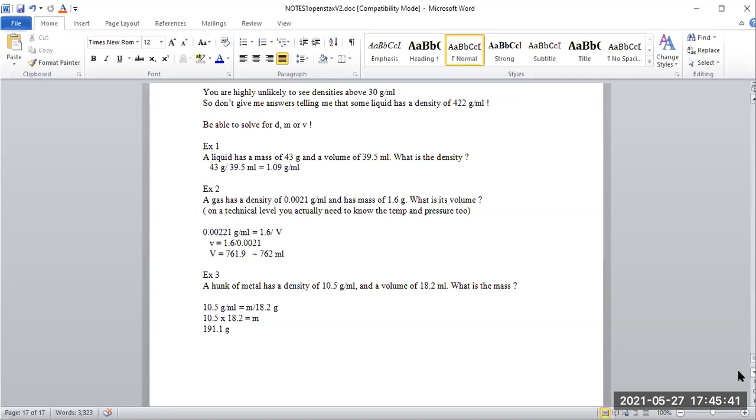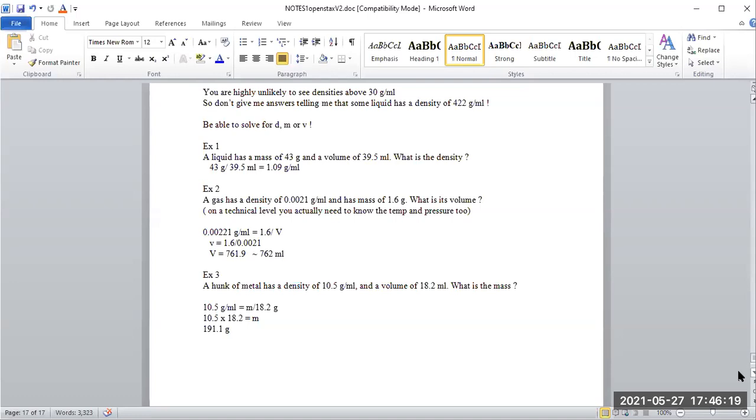You're going to have 1.6 divided by 0.0021. Your volume is 761.9, or if you round it, 762 mils. Technically, if I was following sig figs, I have 2 sig figs in 1.6. So from that point of view, it would be 760 milliliters